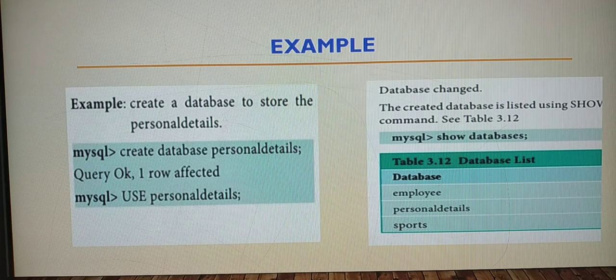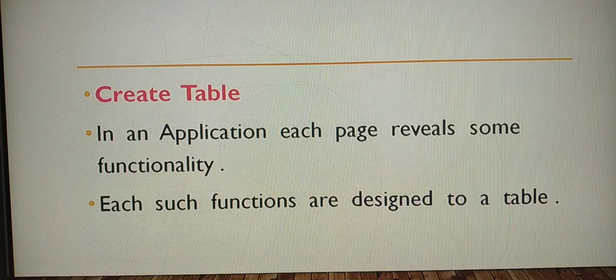So what is a table? A table is nothing but a combination of rows and columns. So in each row you are going to have some record. For this you can have one example. For example, you are going to order a product online. For example, you move to Amazon and place an order for a product. So your details must be maintained in the back end by Amazon.